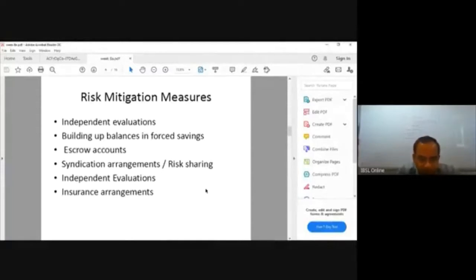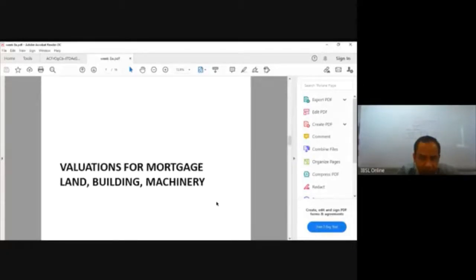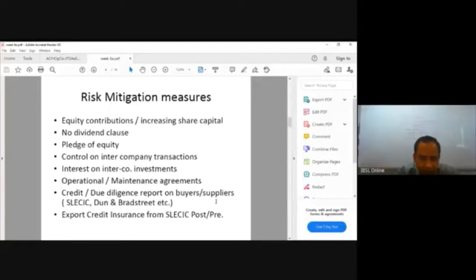All right. So we looked at a number of risk mitigation measures. Anything you didn't understand here in these risk mitigation measures? Any part you did not understand? So we talked about equity contribution, increasing share capital, and having a clause for no dividend or informing before declaring